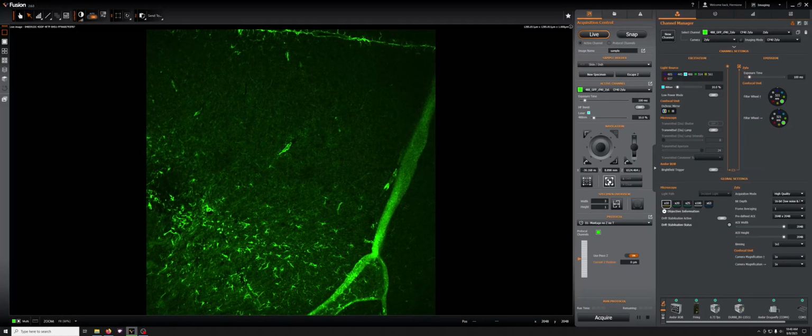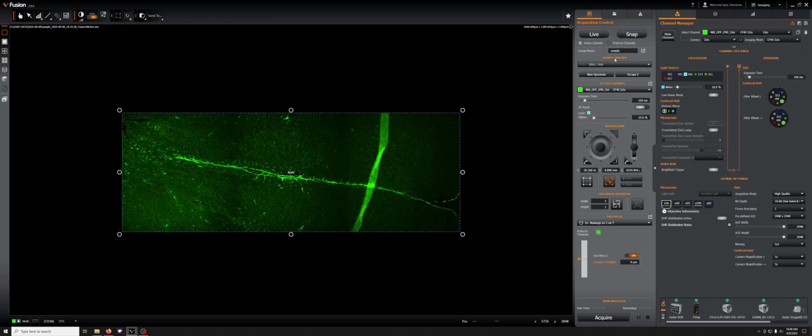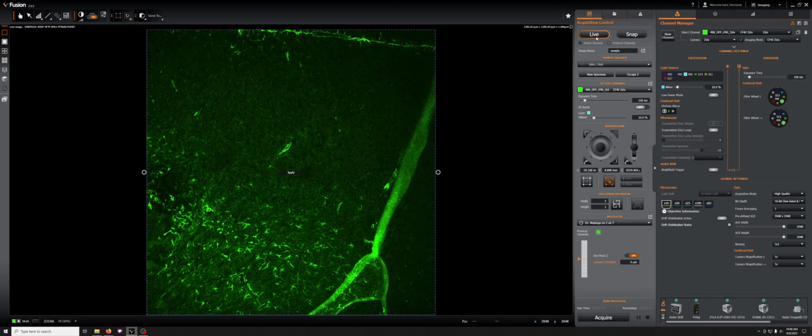Another useful feature is this tool right here, which allows you to define the outer bounds of your sample. Once you've defined those outer bounds, you can take a preview image of that entire bounded area. Let me show you how this works. If you press this button, you will see this purple box appears, and you can reshape this to whatever you want. If for some reason it doesn't work, as just happened now, if you go back and forth from live,